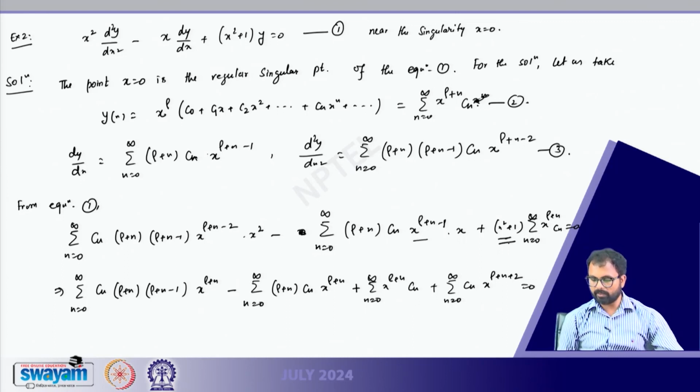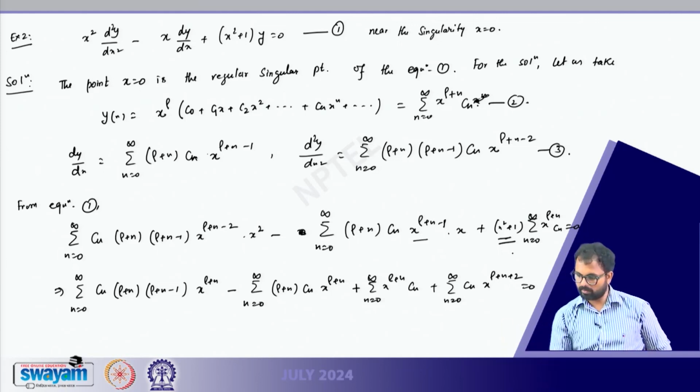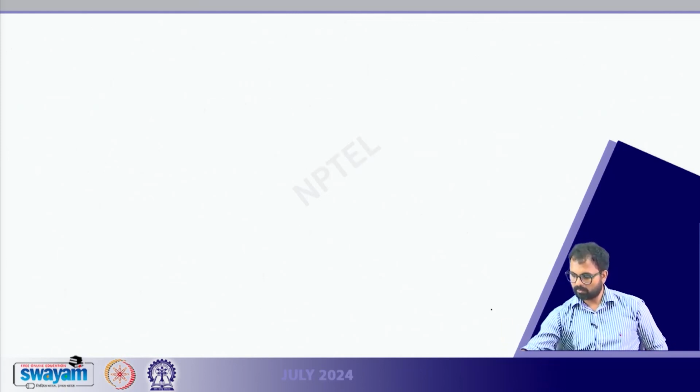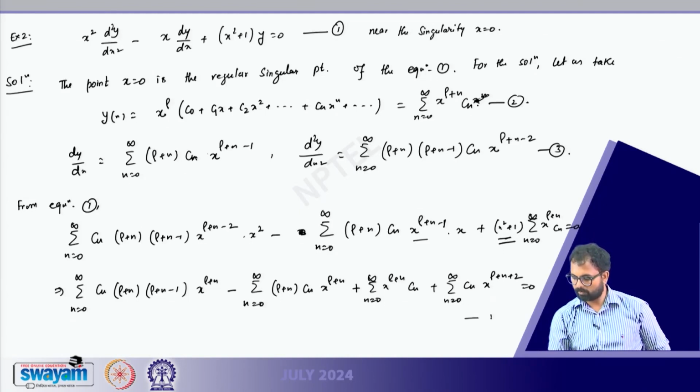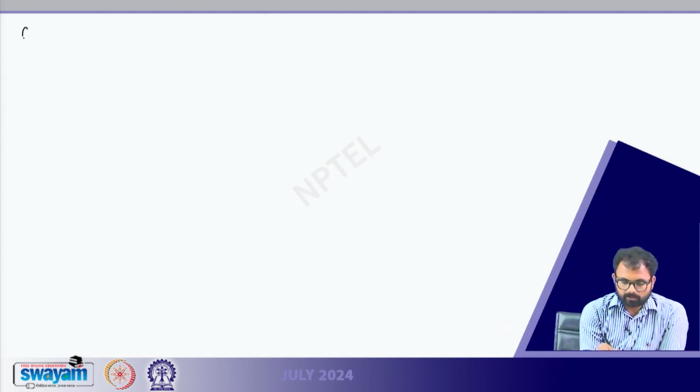Now, corresponding to n equals to 0, let us go to the next page. We can call this equation number 3. Let us call it equation number 4. Okay. Now, corresponding to